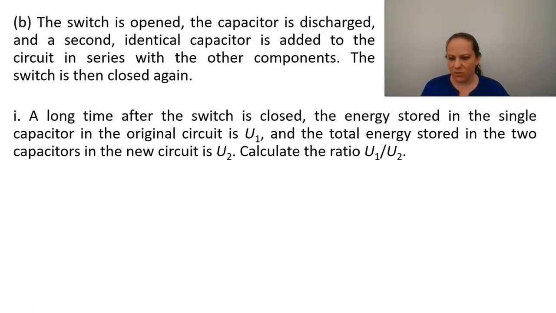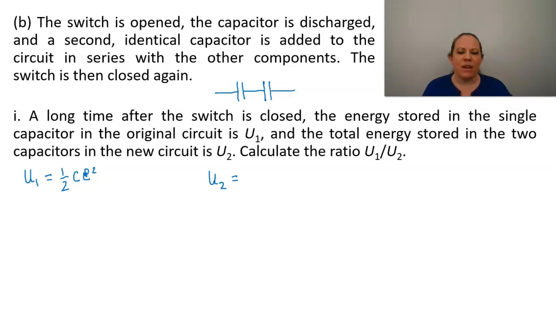So let me grab my pen tool. The energy U1 is going to be 1/2 times the capacitance times E squared. And then we have 2 things that we could think about for U2. First of all, with the capacitors being in series, they will each have half the voltage of the original capacitor. So the total energy will be 2 times 1/2 C times (E divided by 2) quantity squared,